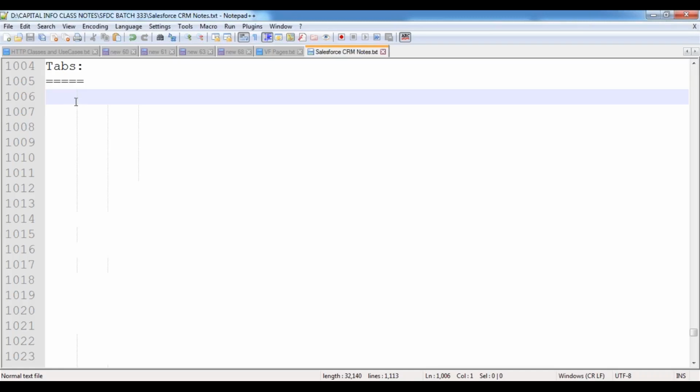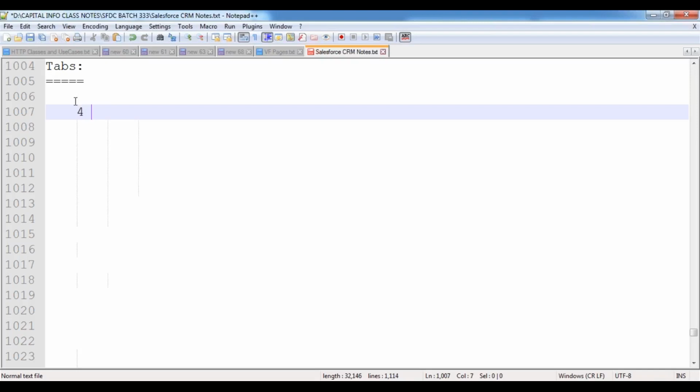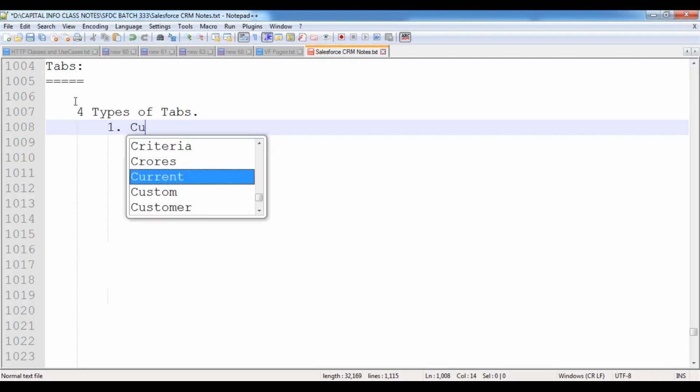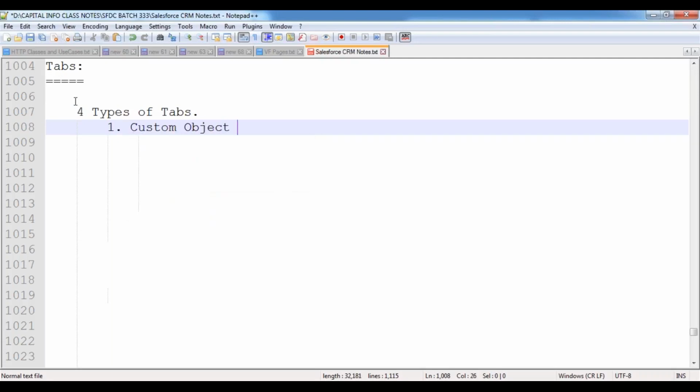Whenever we are creating tabs, Salesforce has given 4 types of tabs available. What are those 4 types of tabs? Let me explain. First one is custom object tabs.